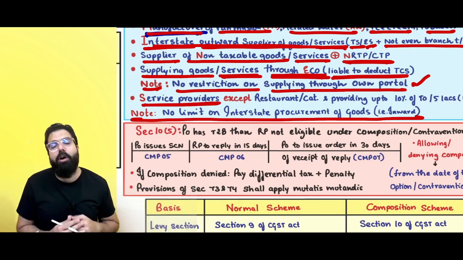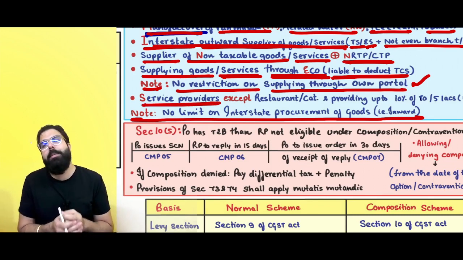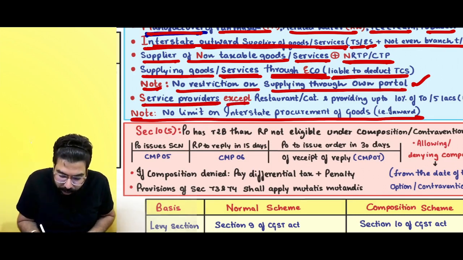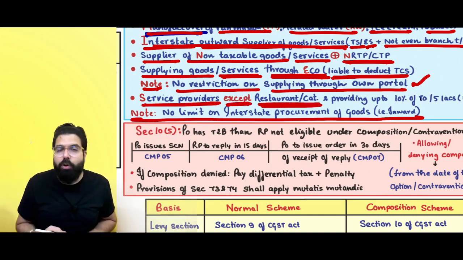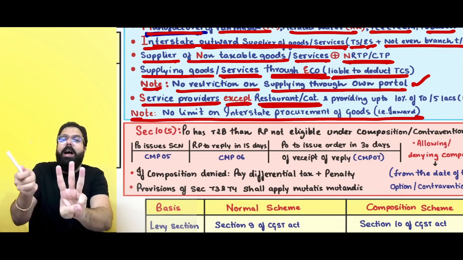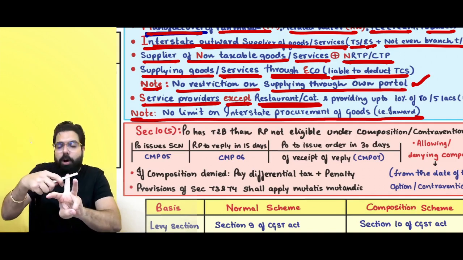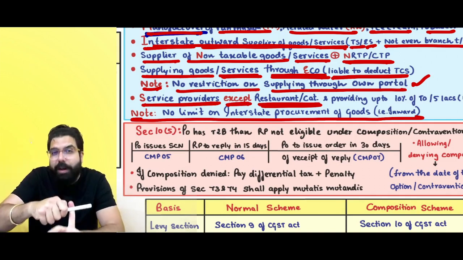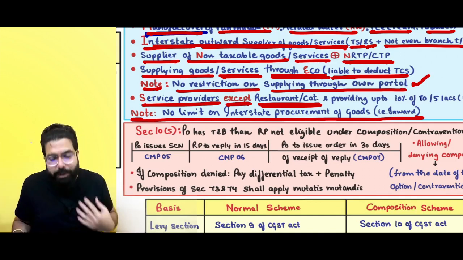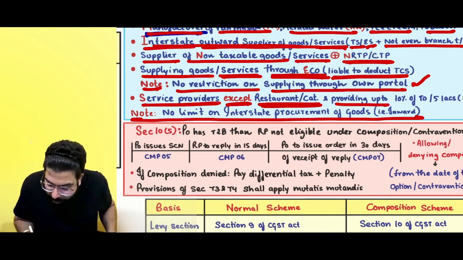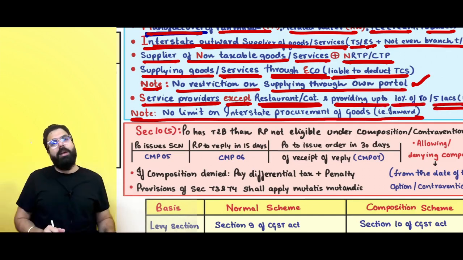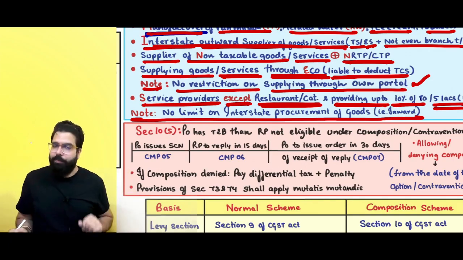Service providers are also ineligible under section number 10(1) to opt for composition scheme. But then government went ahead and told except restaurant and catering, and also manufacturer, trader and restaurant service providers along with manufacturing turnover, along with trading turnover, along with their restaurant turnover, they are allowed to provide little services. For an example, I am a manufacturer, I am allowed to provide up to 10% of the turnover or 5 lakh, whichever is higher, that much amount of services are allowed to me. Done, sir. Point is clear.